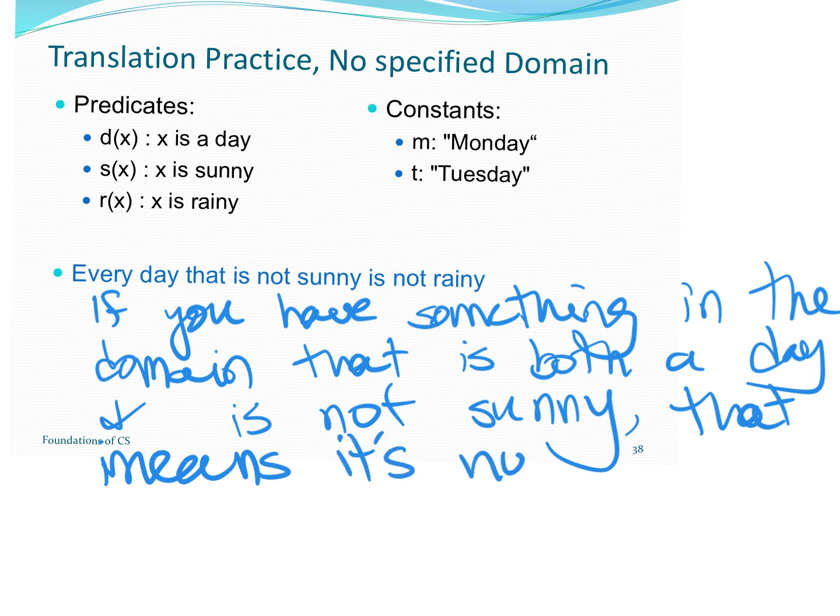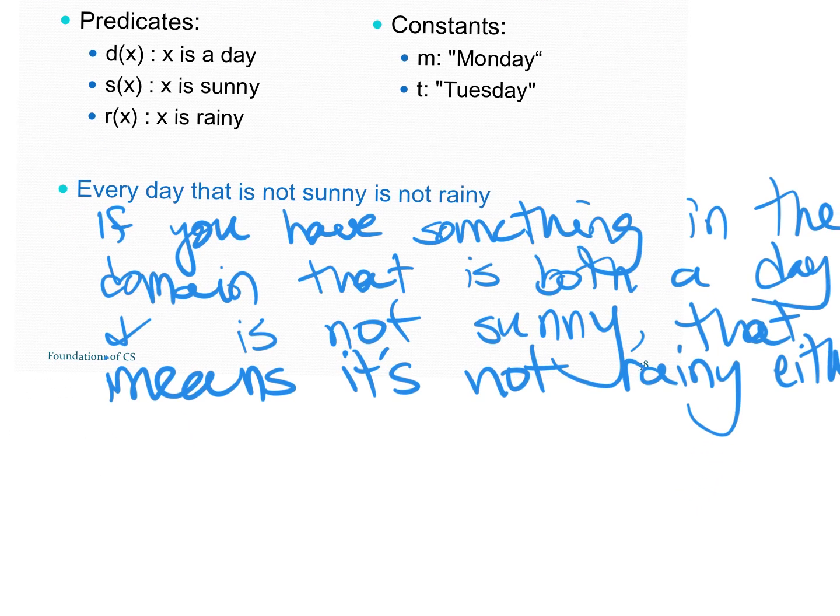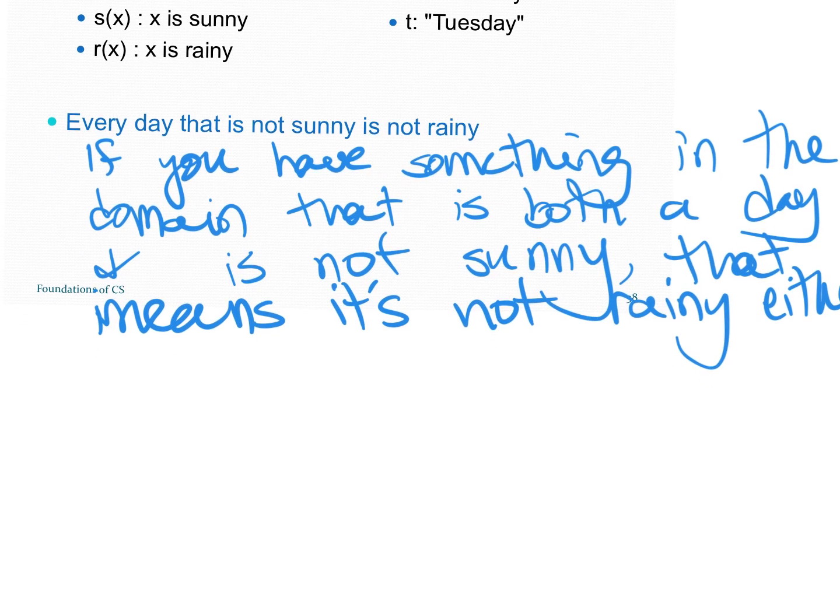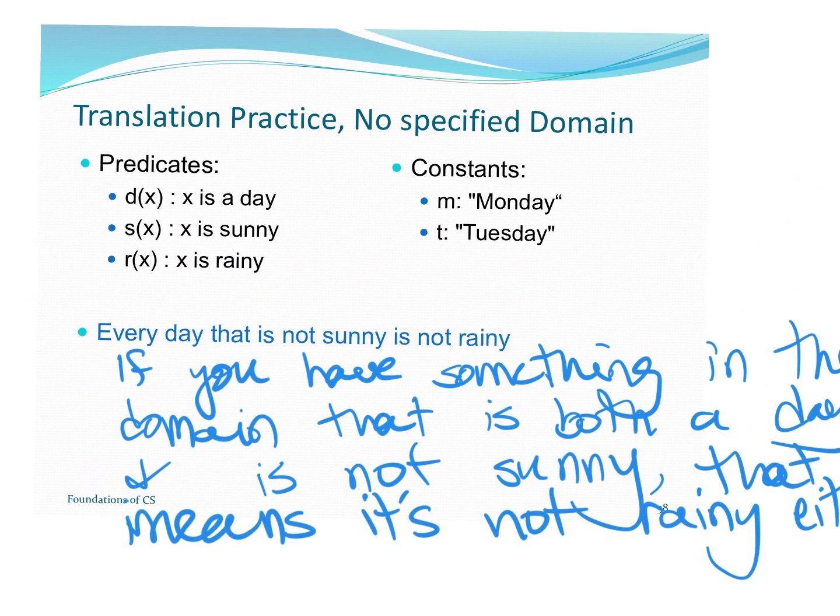So if you have something in the domain that's both a day and also not sunny, then it's not rainy either. So what we need to do for this, and this was a for all,